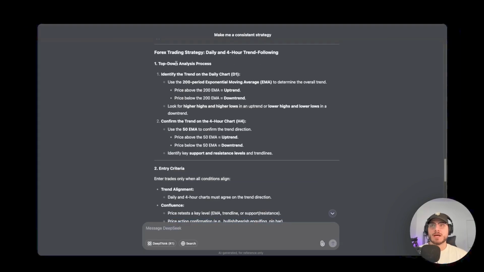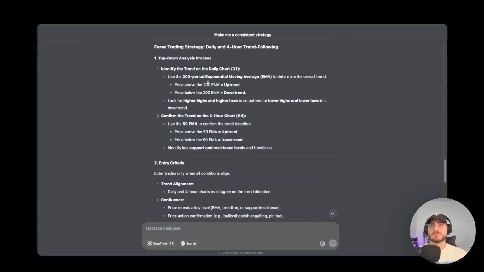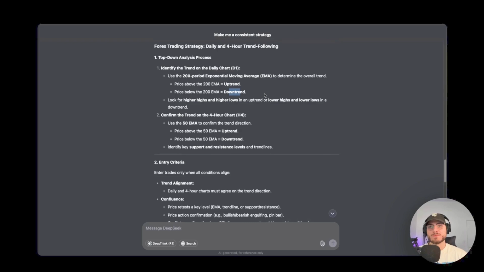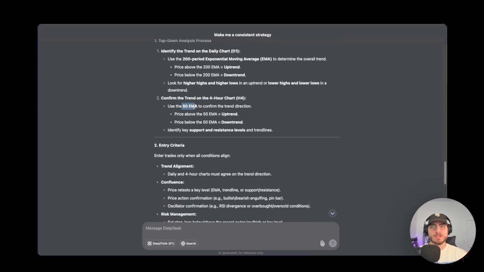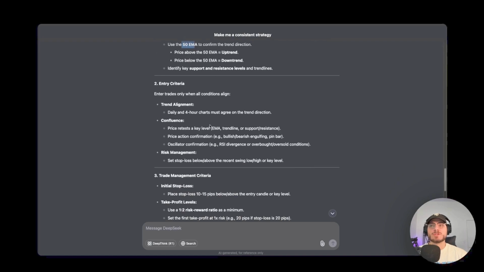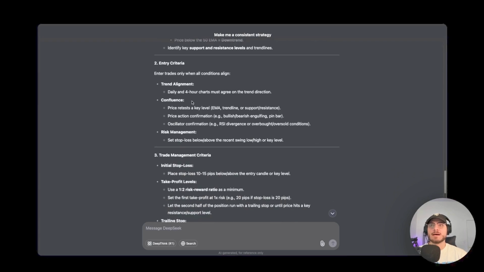So we have our strategy right here, a daily and 4-hour trend following system. Basically, if price is above the 200 period EMA, then we're in an uptrend. Below, it's in a downtrend. That confirms the trend. On the 4-hour, using the 50 EMA, if it's above, it's an uptrend. If it's below, it's a downtrend. Using the 4-hour as the entry criteria, basically, if it tests off of the EMA,